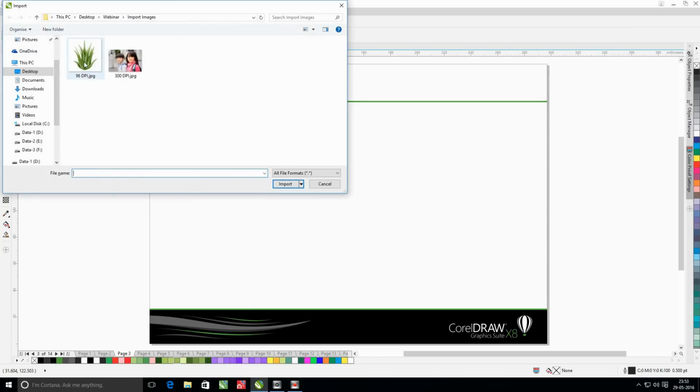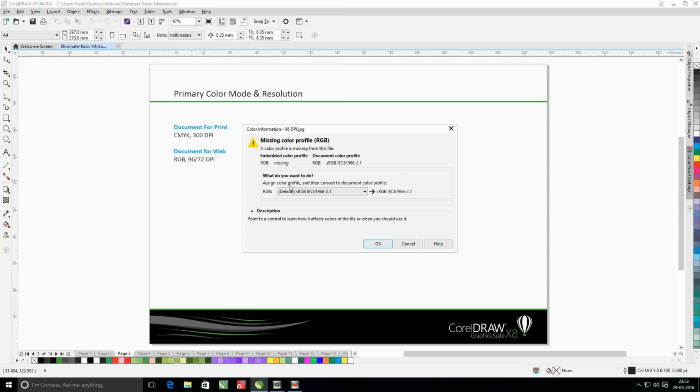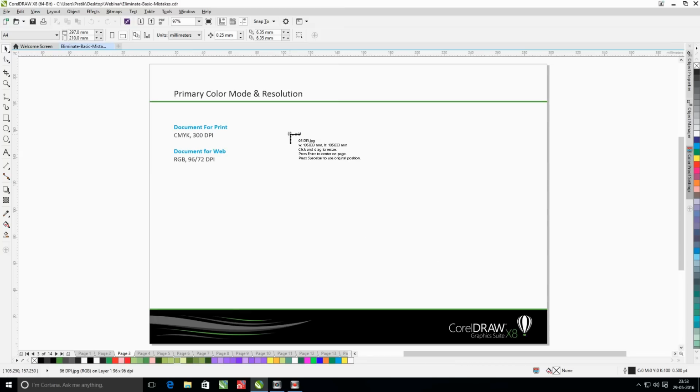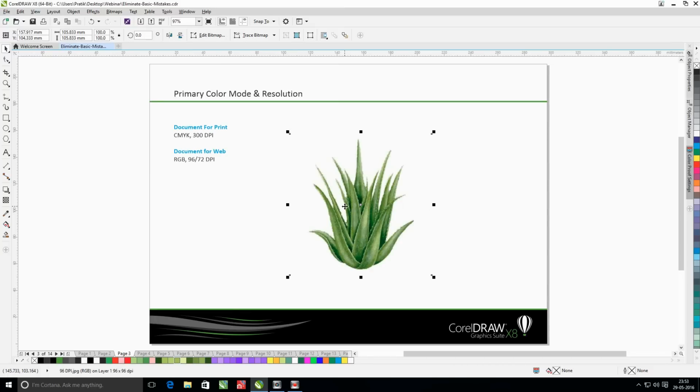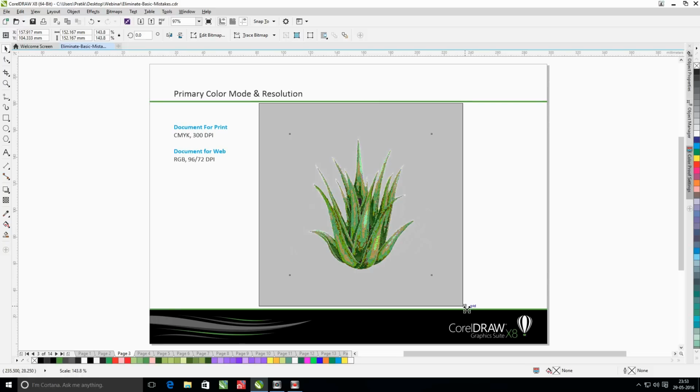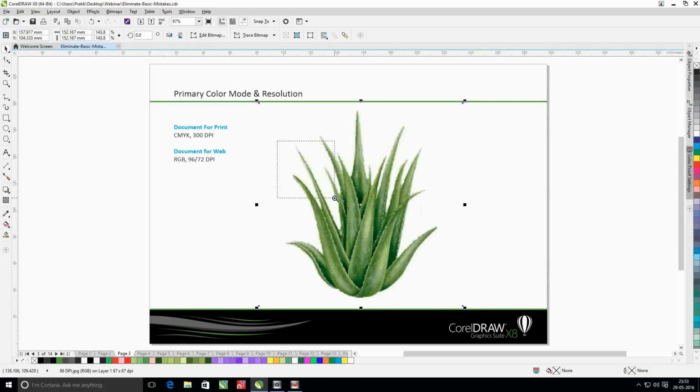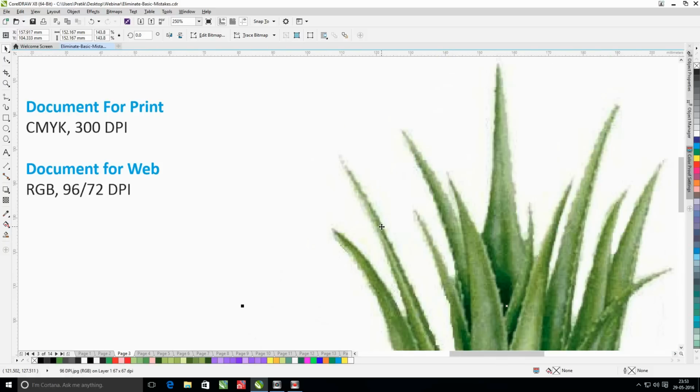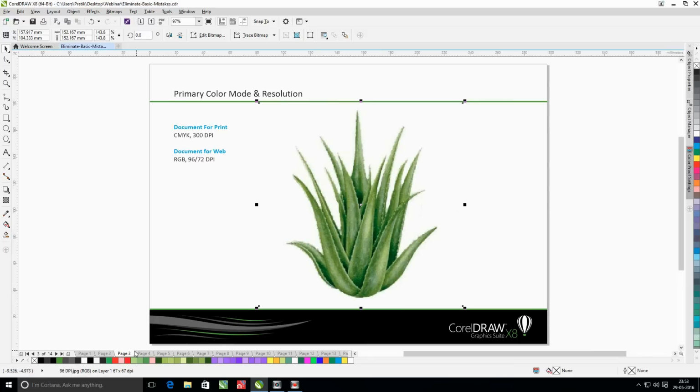When they have a 300 dpi resolution document and they import a very poor quality image of a mere 96 dpi, and then try to stretch the image even further, it will deteriorate the image quality. So you need to make sure that the original quality of the image is good.